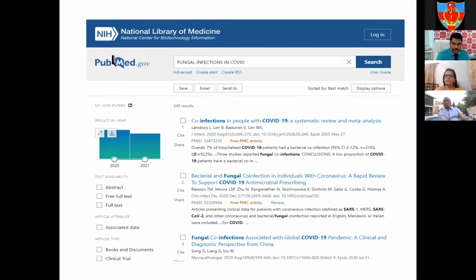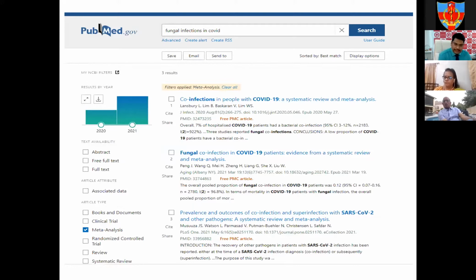And mind you, the literature that has poured in since the outbreak of COVID is at the rate of 20 articles per day for the last 1.5 years. And you have a minuscule amount of that generated from India, only about 0.1%. So most of this data suggests that these infections, the sudden outbreak of infection that we are seeing in the second wave, were present even in the first wave, but not to the extent of epidemic proportions.